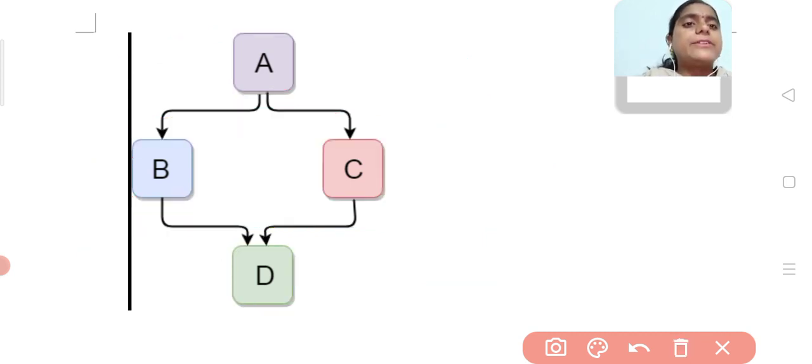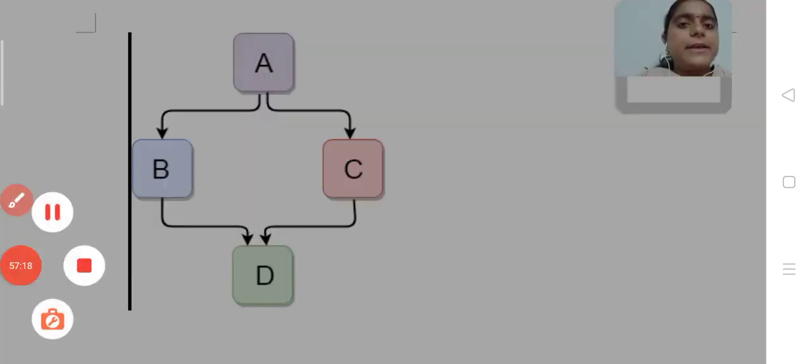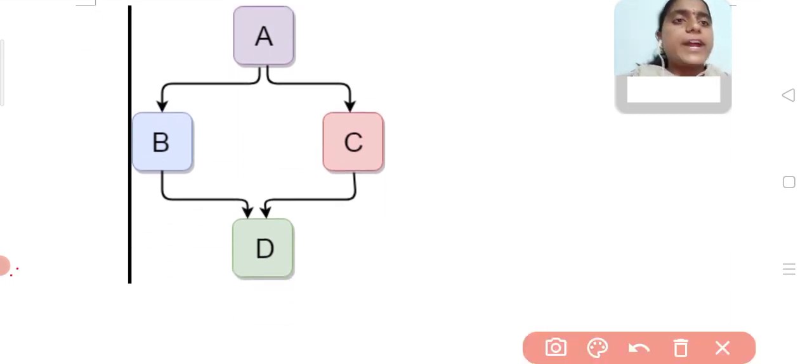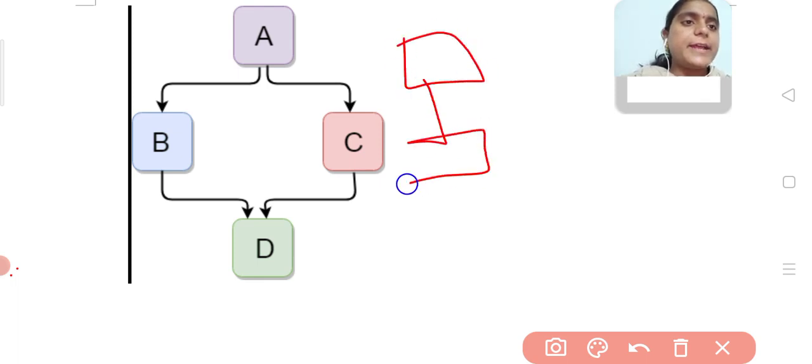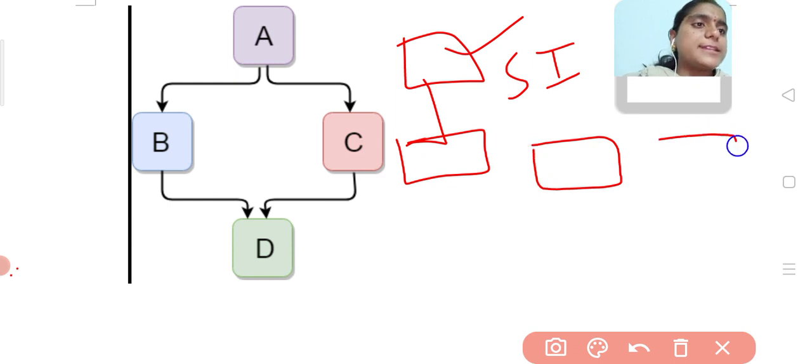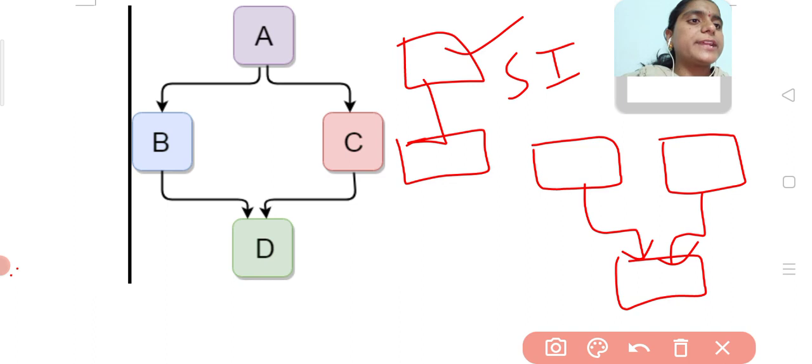So we have 5 types of inheritances: single inheritance, multiple inheritance, multi-level inheritance, hierarchical inheritance and hybrid inheritance. In single inheritance, only one single child takes the properties from a single parent. Whereas in multiple inheritance, one child can inherit the properties from 2 or more classes.